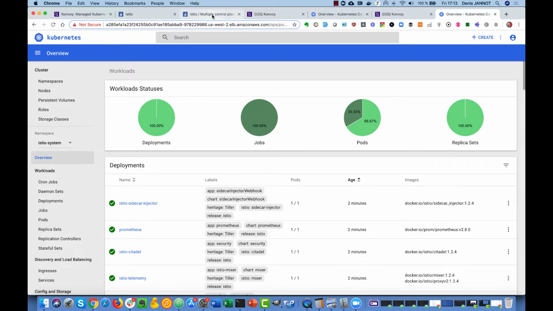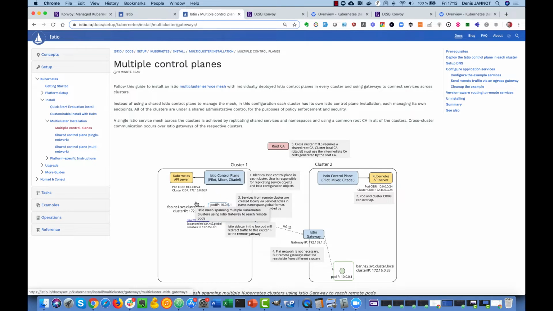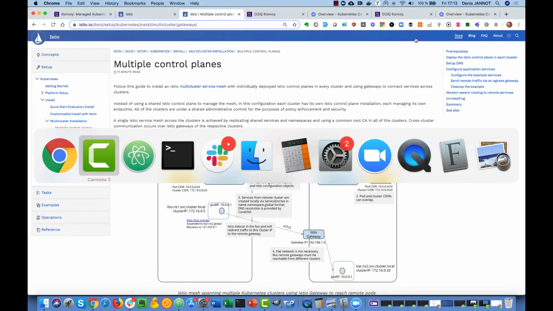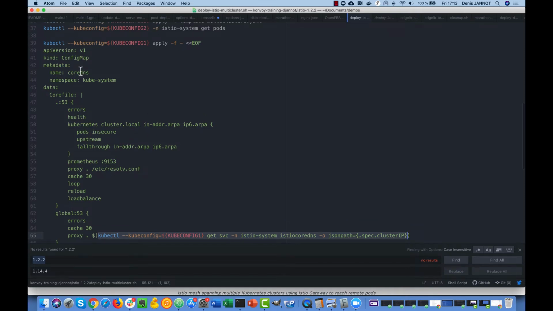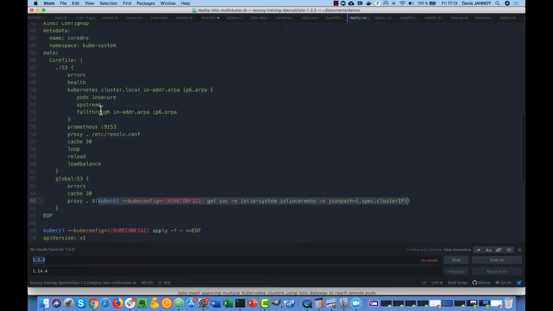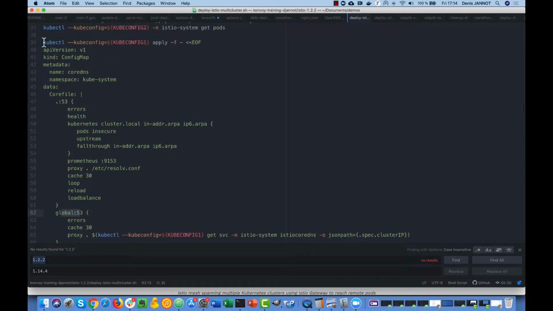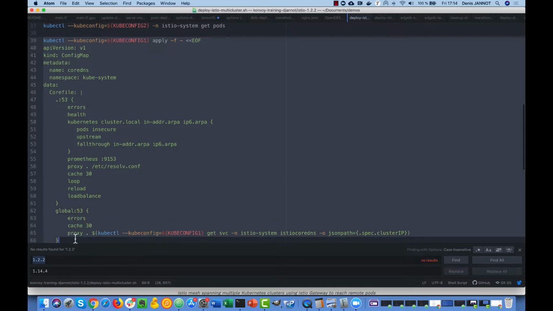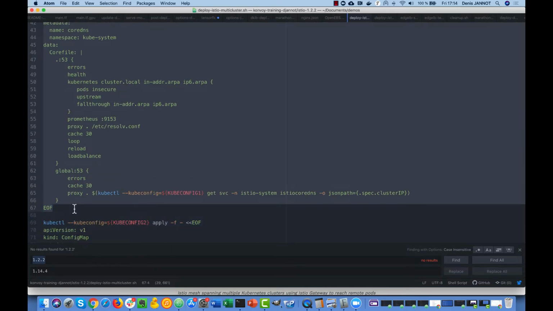So now we want the name resolution to go through Istio for the global suffix. So for that, what we do is that we update the CoreDNS config map to redirect all the requests for the suffix global to the CoreDNS which is running on Istio, not the one running on Kubernetes itself.